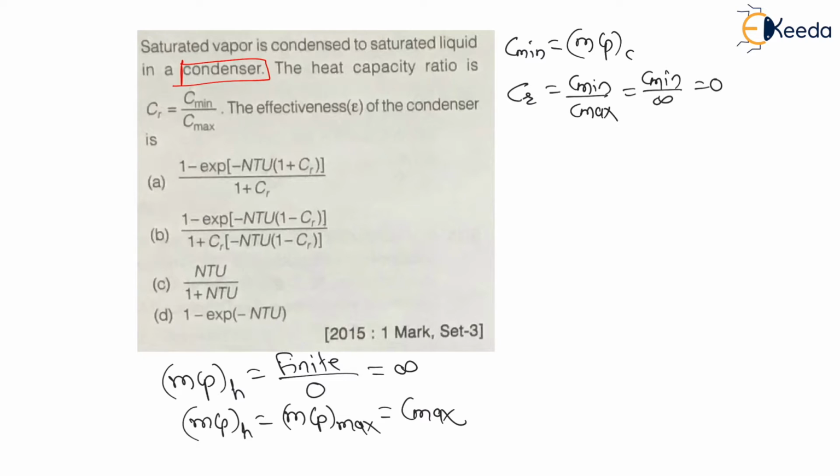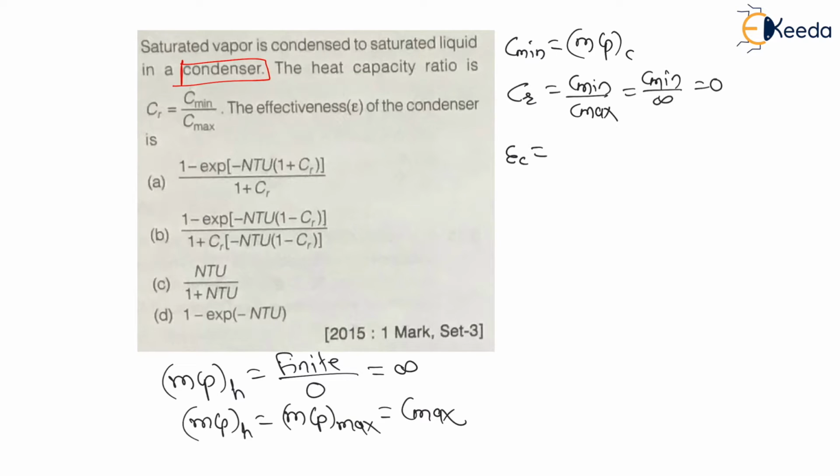And my dear students, the effectiveness of counter flow and the effectiveness of parallel flow become equal whenever this C becomes zero. That means what I am saying, whenever this capacity rate ratio is 0, or if one of the fluids is undergoing phase change, then counter flow heat exchanger and parallel flow heat exchanger become the same.